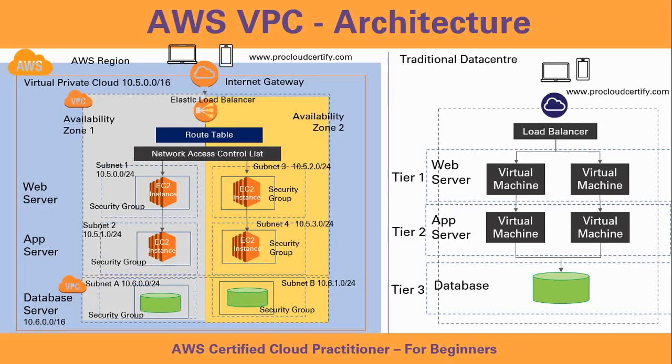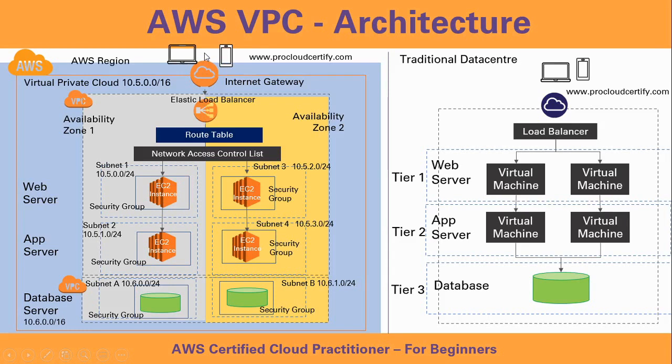In the traditional data center, we could always purchase more machines. However, all these machines would be in a single data center. So if this data center were to go down, then this application would no longer be highly available or fault tolerant. The AWS Virtual Private Cloud not only helps us to build a highly available application, but also helps us